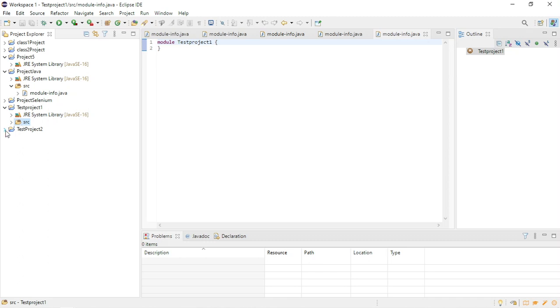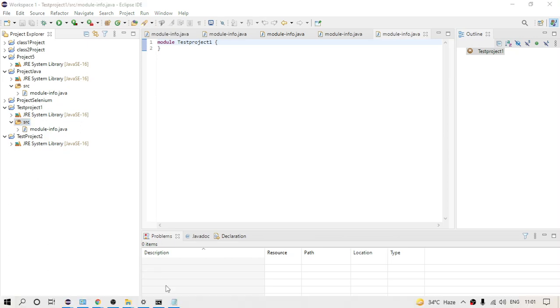You can create it on your own, but now you can see the difference. Earlier you were getting this folder, and you can write all the class files or all the code inside it. But if you do it this way, you will not get this source folder. So it is better not to change anything, because we are going to require this folder to write all our Java test cases.